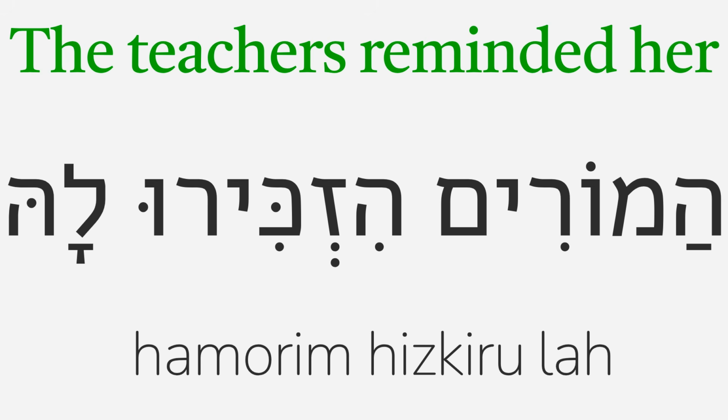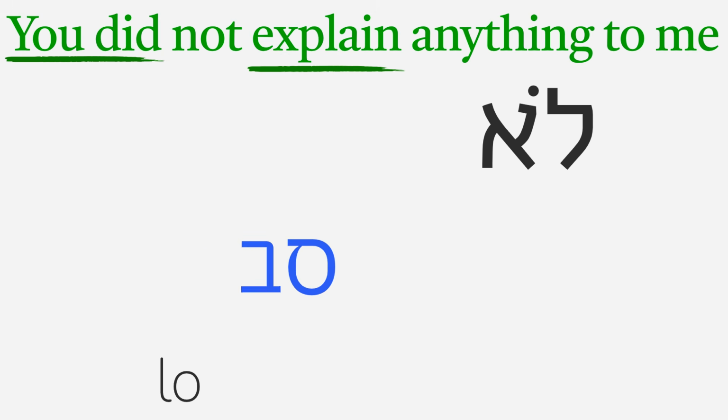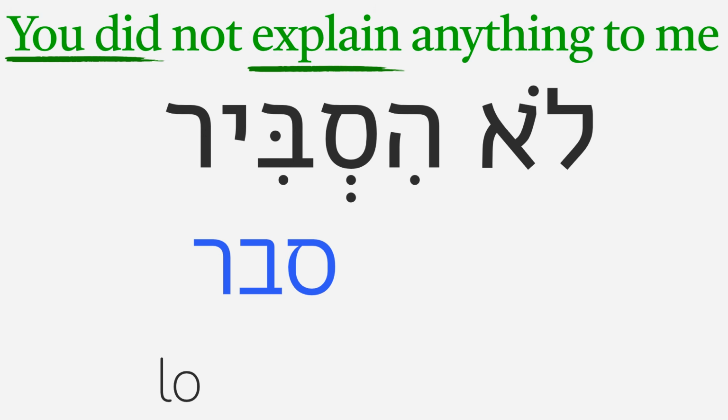Hamorim hiskiru la. Let's say you did not explain anything to me. We'll start this sentence with the word lo, not, followed by the verb you explained. This will be a Hiphil past tense verb from the root samech bet resh. Let's say that the you is feminine singular. To make the at, you feminine singular, form of a Hiphil past tense, we take the hu form, hisbir, he explained,